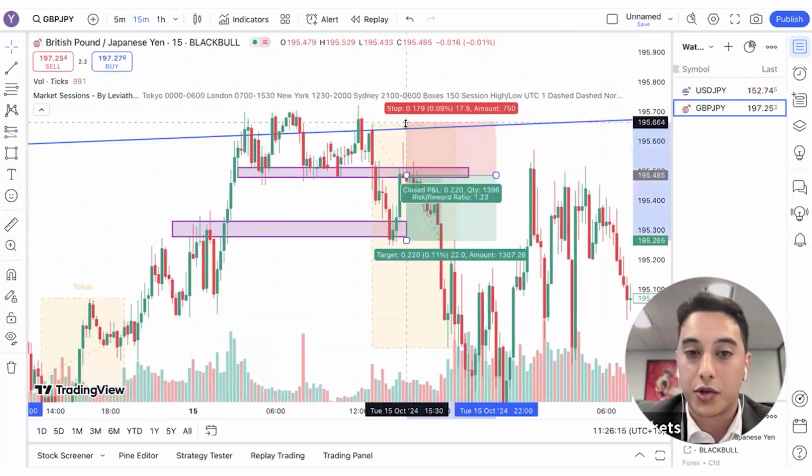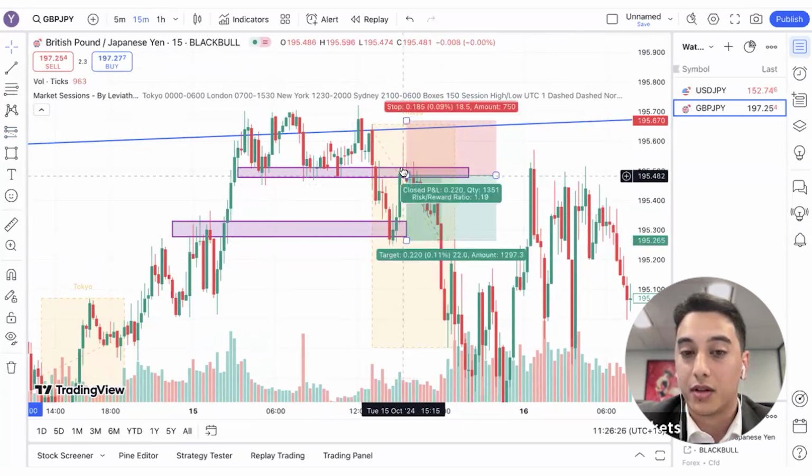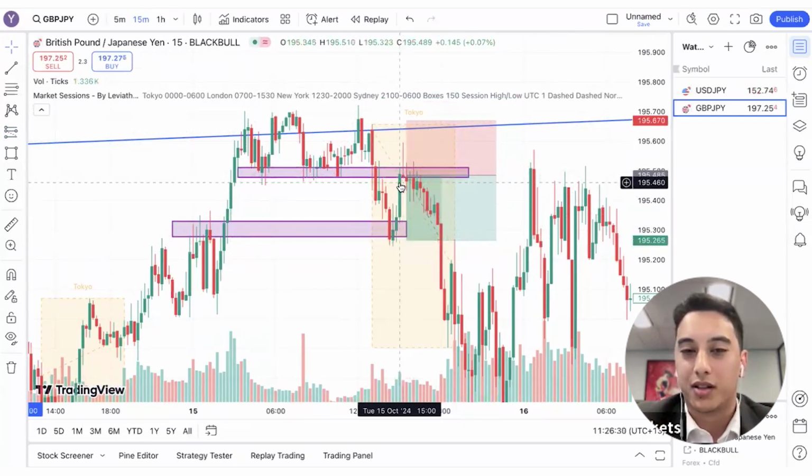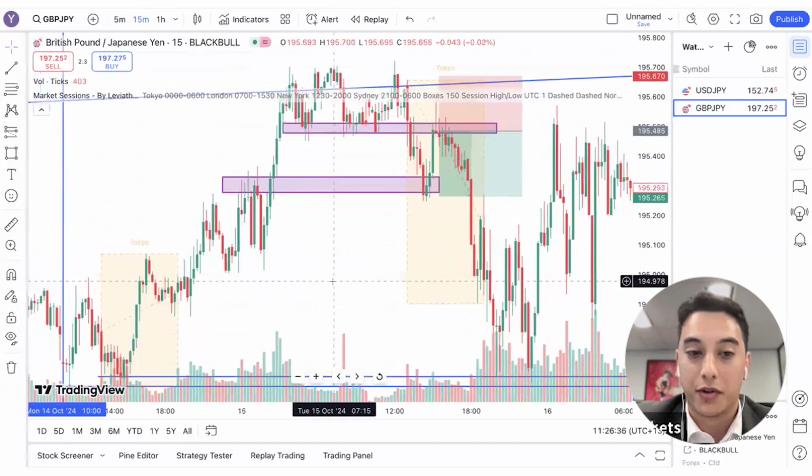So you take a short here. You can put your stop loss above here, or probably I put it up here. Why? Because you have a strong green candle here, and then straight after a strong candle, you have a strong rejection, but it's not so convincing. You put your stop loss down here. What can you do for your take profit?